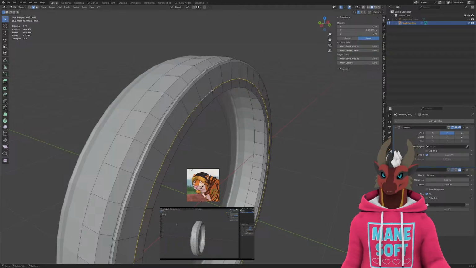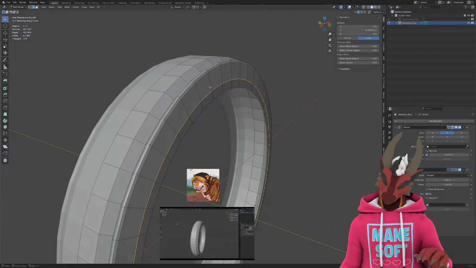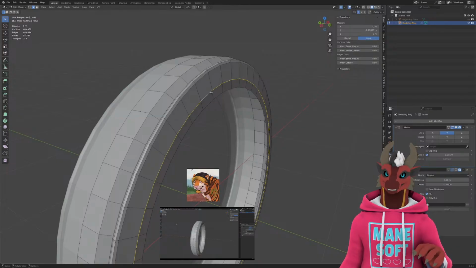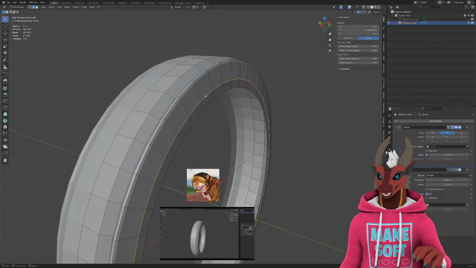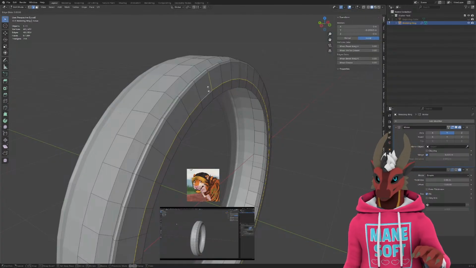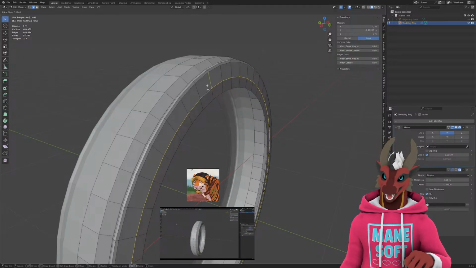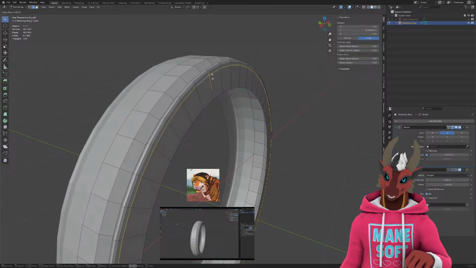So I'm going to show you the edge slide tool, which is the hotkey to slide an edge along its existing topology. You select whatever edge. In this case, we have a bunch of edges selected because we have the whole loop. And if you double tap G, that's going to start allowing you to slide it based off of where your cursor is located. That is extremely useful. We can slide that up and